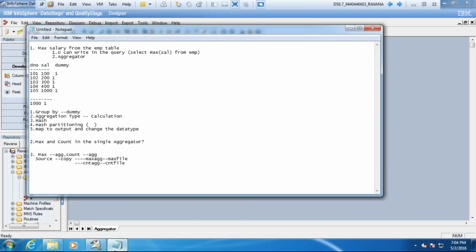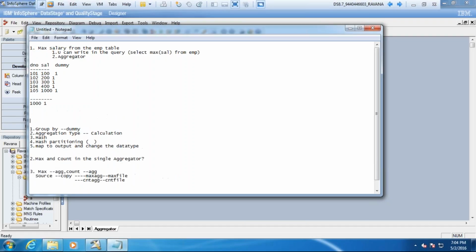Now what is happening here, sir? So you said the table has EMP number, E name, let's take 4 columns only, DEPT number, salary. Once I connect to the column generator, I am generating a column called dummy.